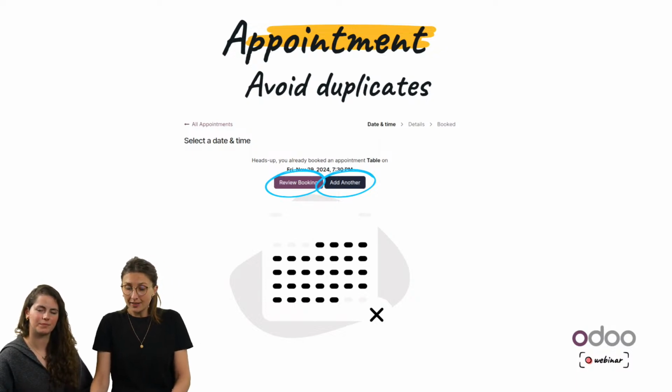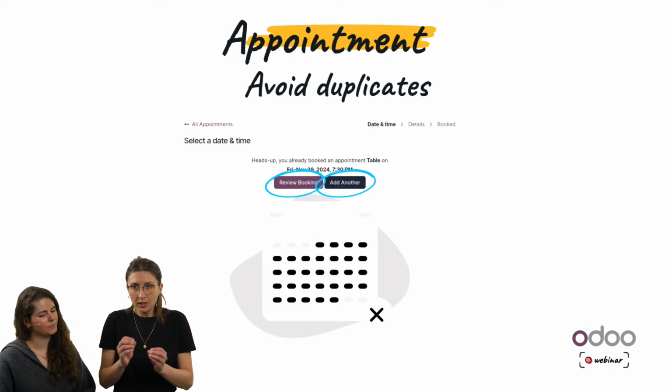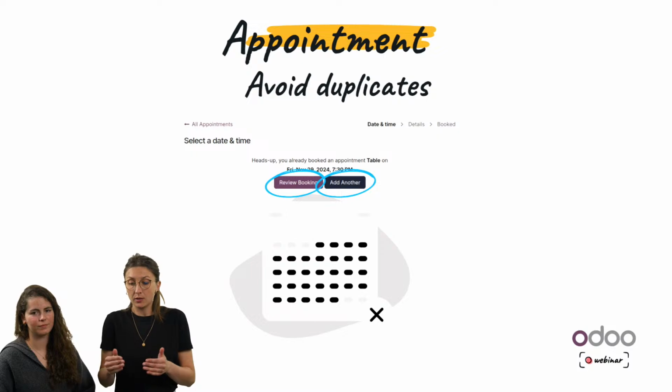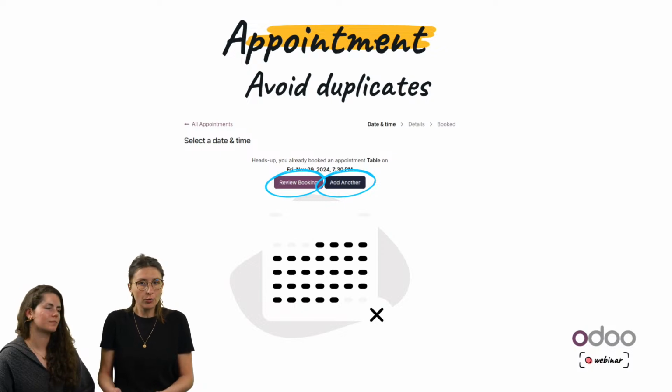So what's super great in this new version is that you can avoid duplicates. Once you want again to book an appointment, thanks to the session ID cookie, the website recognizes you and says, hey, you already booked an appointment. Are you sure you want to book again, or do you just want to review the booking that was just made? Here the customer must not be logged in on the website. It's directly recognized, and you have this pop-up,